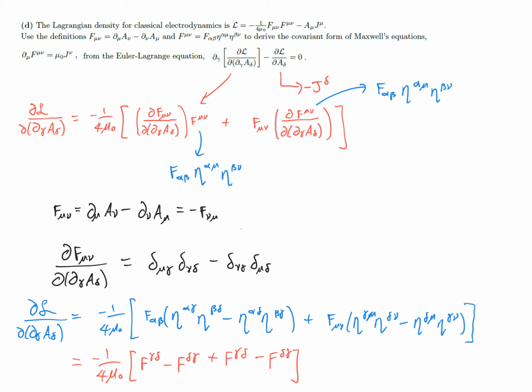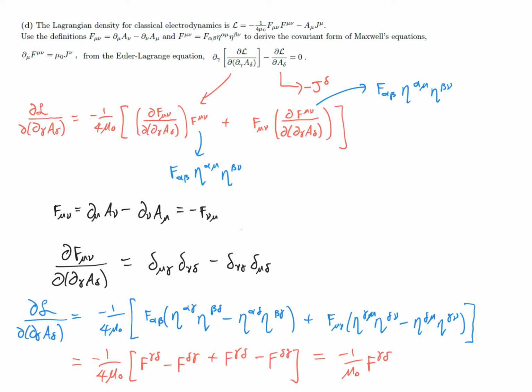And then by using the anti-symmetry property here, that F mu nu is minus F nu mu, and noticing that several of these terms become the same, we obtain the final result, which is -1 upon mu naught of F